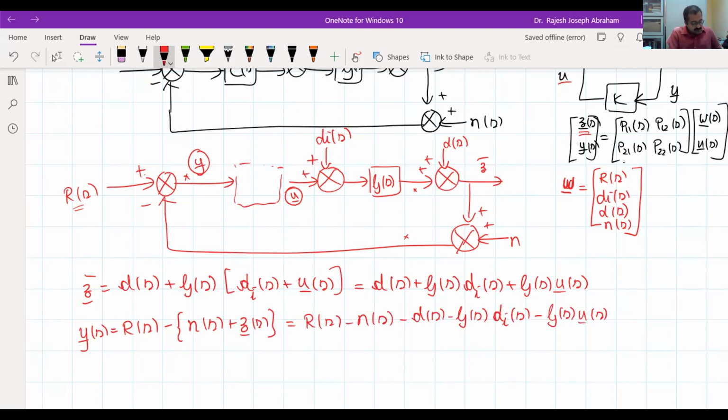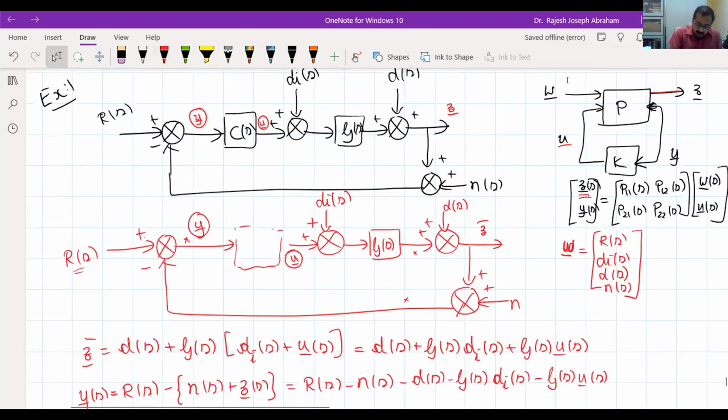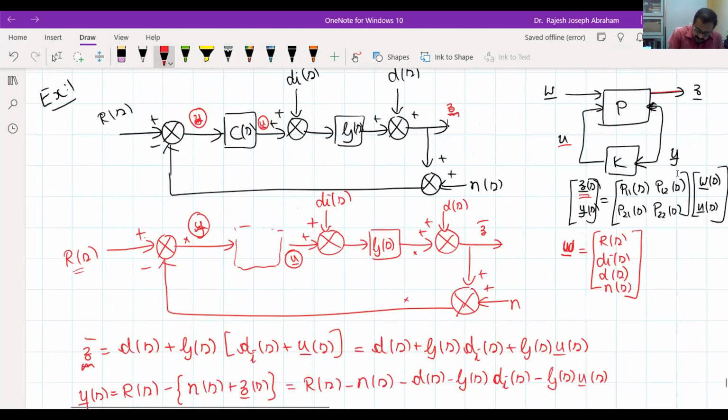Okay, now this can be represented in matrix form. So let us rearrange. So instead of Z bar, let us put a Y, Z and a Y only. Don't get confused, let me correct that. This is Y and Z. Okay, let us stick to this convention. Z bar, Y bar, W bar, and U bar are the standard signals in the standard LFT form. So let this be simply Y. This is U, this is Z.